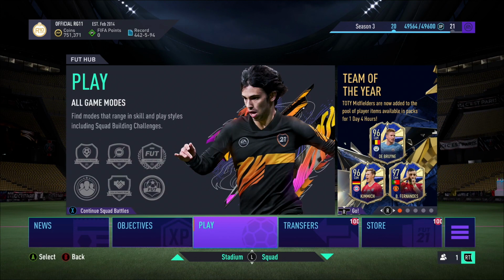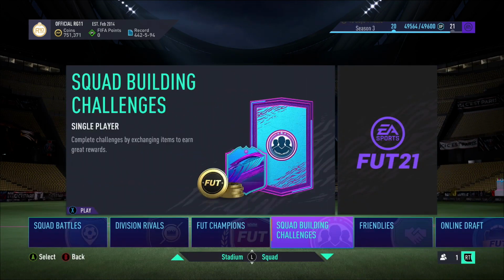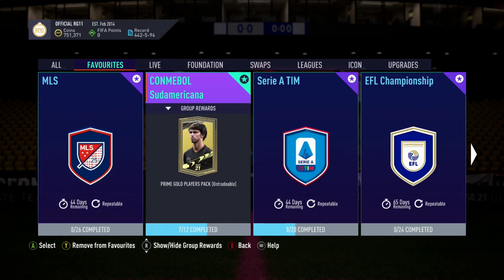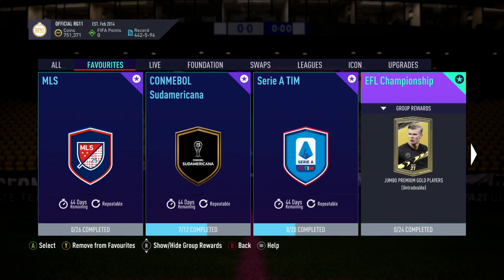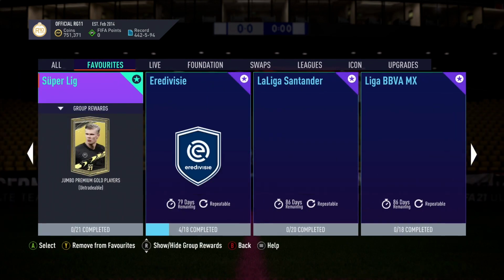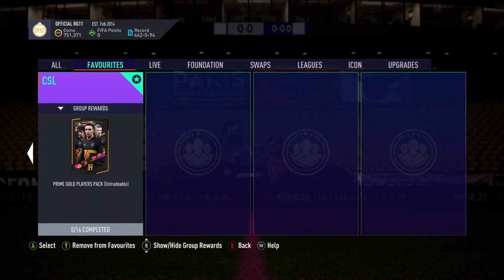So once you've got, whether it be coins or assets in your club, you need to then decide which of the League SBCs you want to do. Now, the more you have, the more you can do. For me personally, I've favorited all the SBCs that I'm doing. So the MLS, the SUD, Serie A, Championship, Bundesliga, French League, Saudi Pro League, Super League, Eredivisie, La Liga, Mexican, and the CSL. The ones I'm not doing are the Prem, the UCL, and the Libertadores, because for me personally,